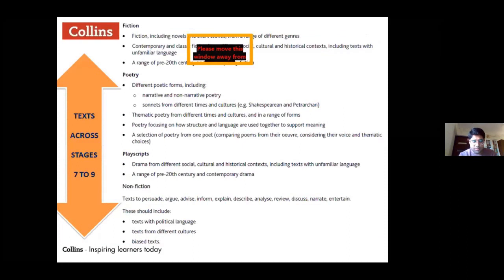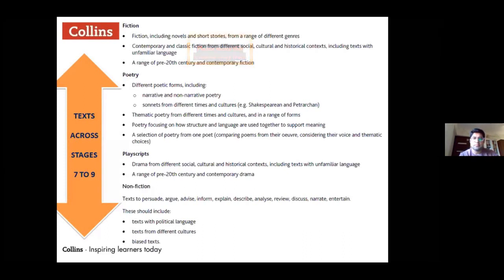Before you move on, there are questions. Now, do we have changes in paper 1 and paper 2, both, or is it majorly in paper 1? Changes with respect to what? I believe the changes with respect to the questions, the patterns, because this came up when you were discussing the questions. So yes, these are in both the papers, both paper 1 and paper 2, across stages 7 to 9. The kind of specimen questions I've taken up are from both paper 1 and paper 2.